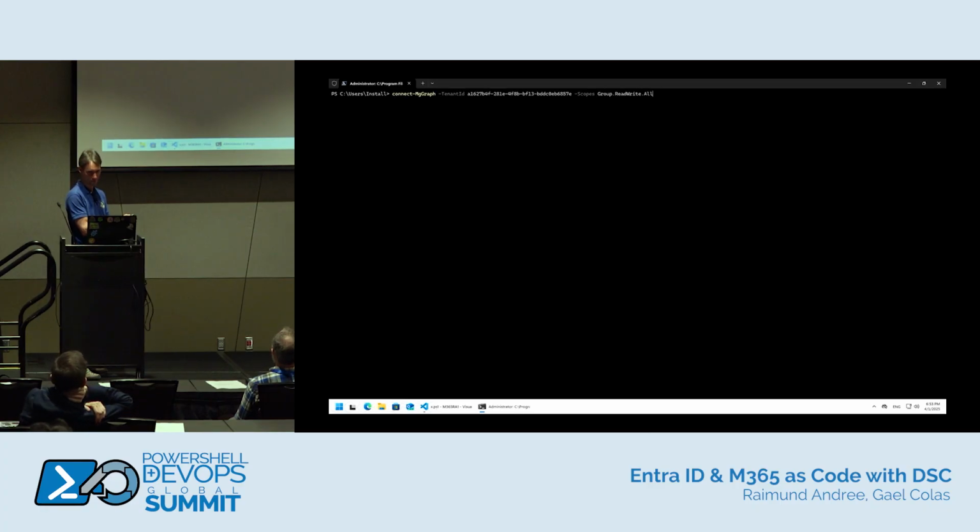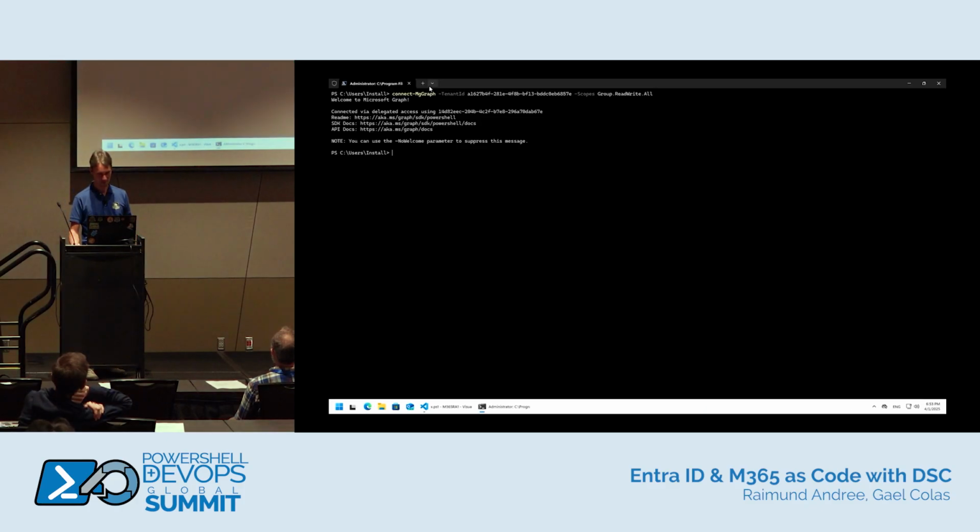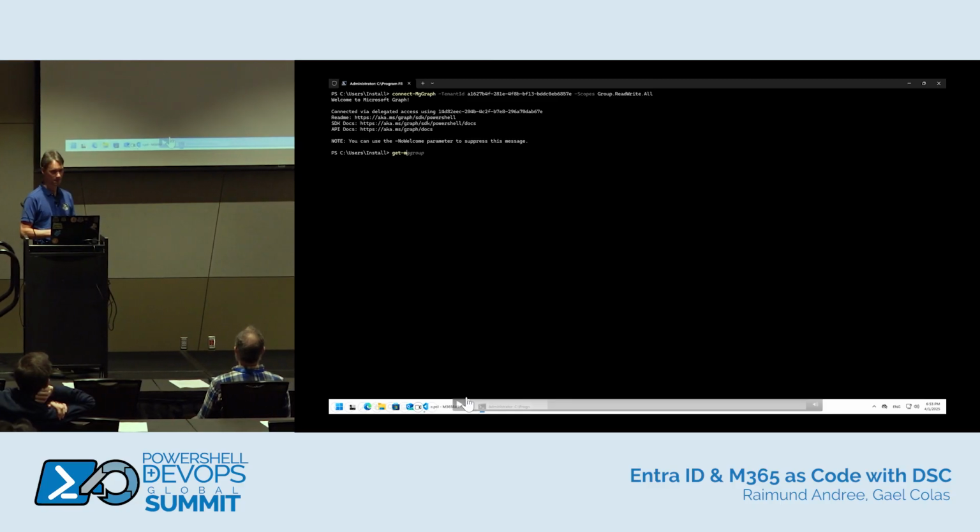There we go. Okay. First of all, we are connecting to Azure, right? So we will see it in a second. What happened is they say, well, you need to authenticate, and then to authenticate, it pops up